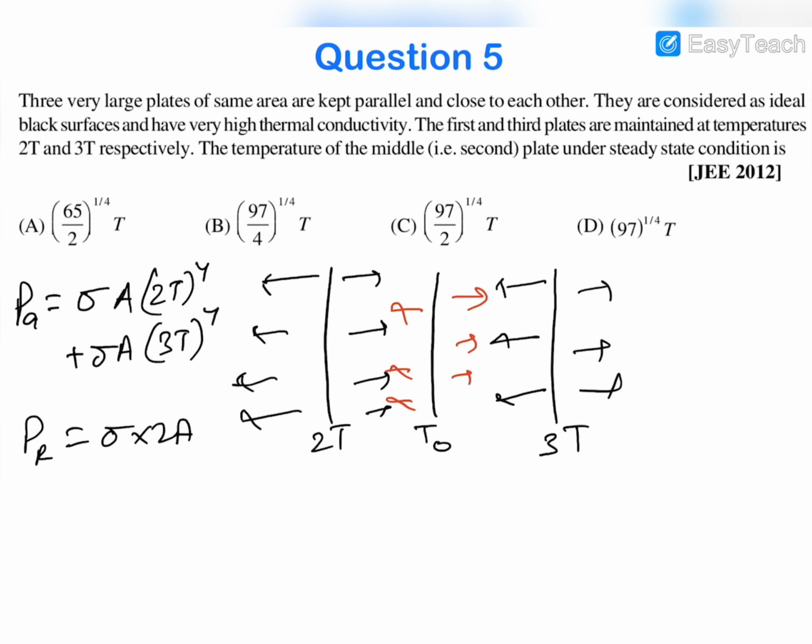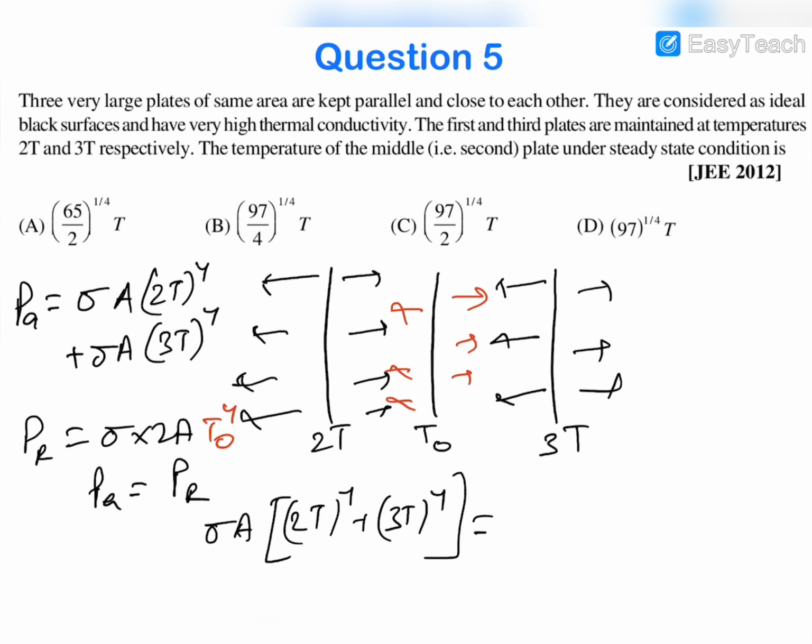So the total area of radiation will be 2A, both side area. So it would be T0 to the power 4. So in a steady state we can say that power absorbed will be equal to power radiated, and therefore sigma A is common. 2T to the power 4 plus 3T to the power 4 will be equal to sigma A into 2 T0